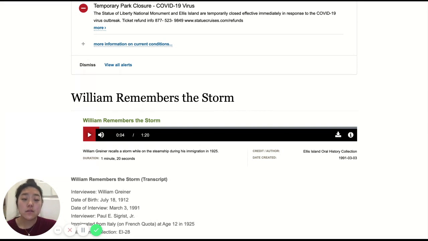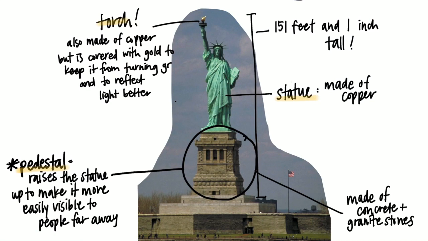Then what I want you to do is answer that question, which is, what was it like to immigrate to America at the time of Ellis Island? And you can answer it in the perspective of William Griner. Okay? All right, so for the first part of today's classwork, we're going to be looking at the Statue of